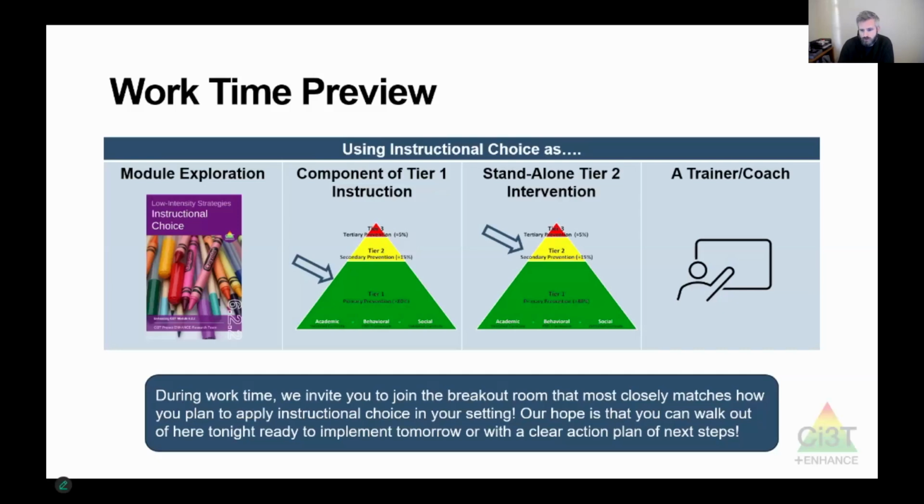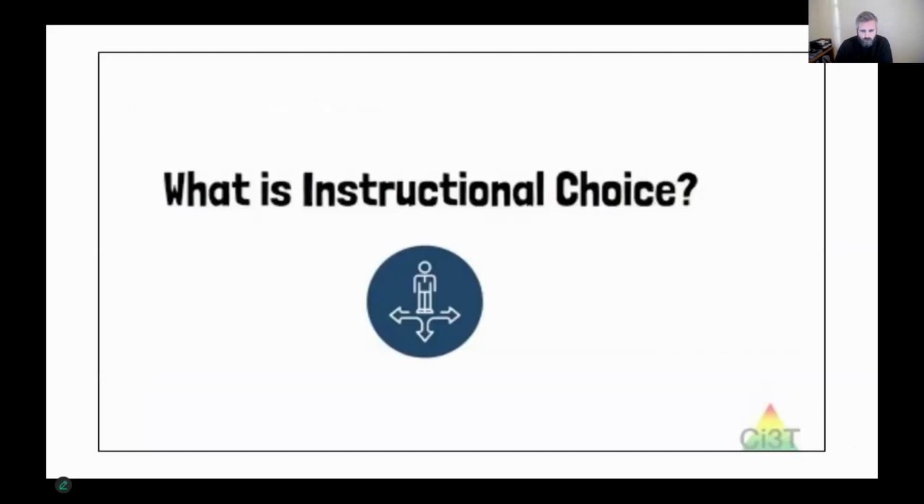So you might choose to do some planning for how you could use these materials for your tier 1 instruction, or you could think about a student who maybe you would want to use this strategy with. We can start that process of building this out as a tier 2 intervention. So just know that we're going to go from kind of this like, what is this? How does it look in the classroom, to a more application piece here tonight. So let's start off with a quick video.